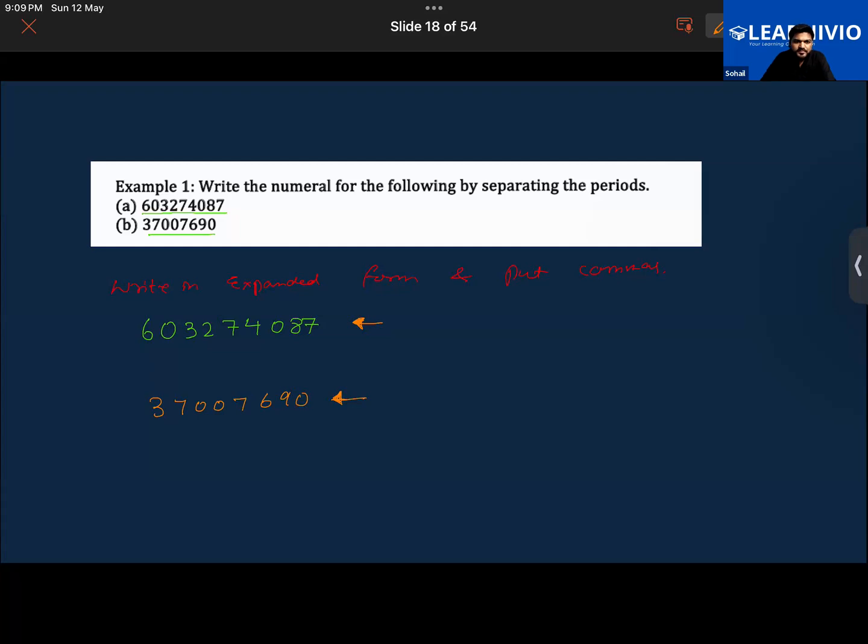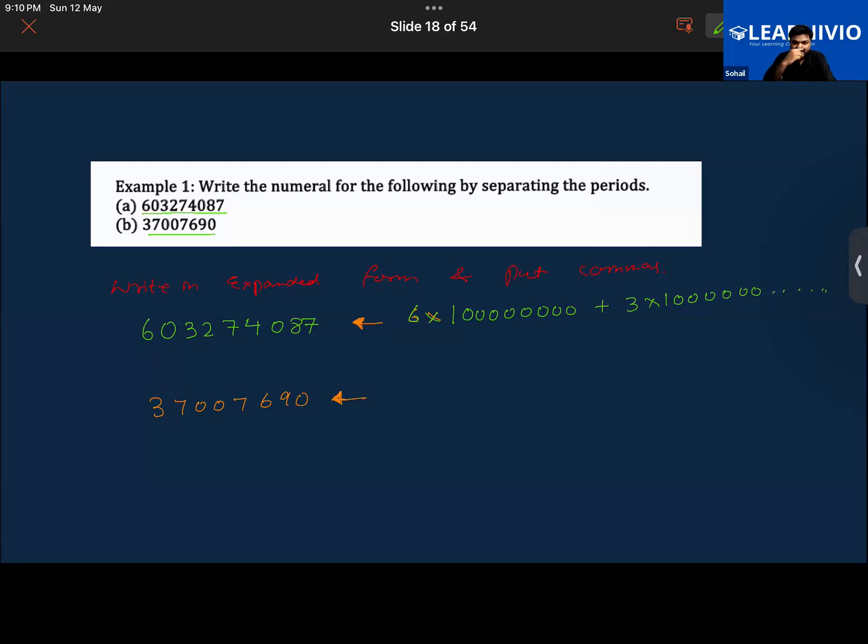Just give me a minute. Okay, you have written it in this manner. That is correct. So simply you would see, if you would write it in this manner, 6 times 1 along with how many zeros? 1 with 8 zeros, plus 3 along with how many zeros? 6 zeros. 1 with 6 zeros. Did you do it in this manner, Habib? Because I was unable to look at it properly.